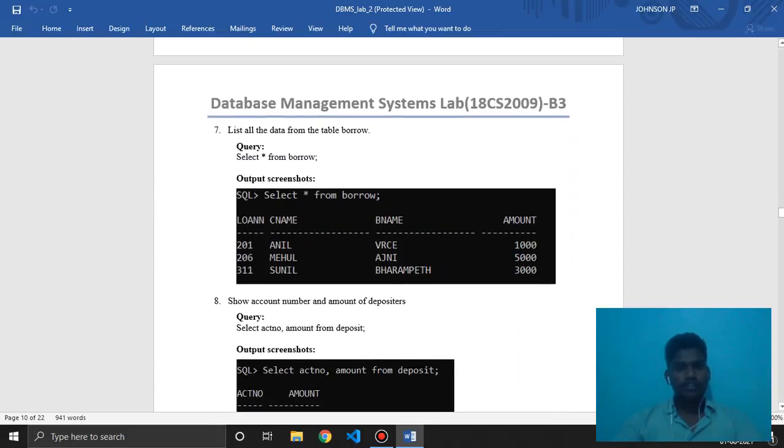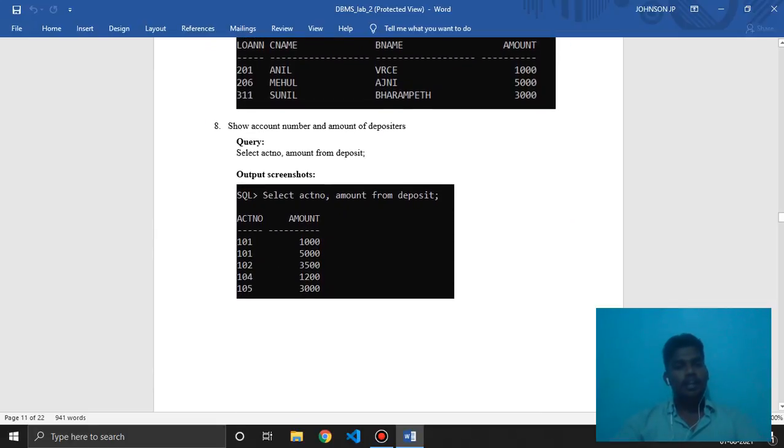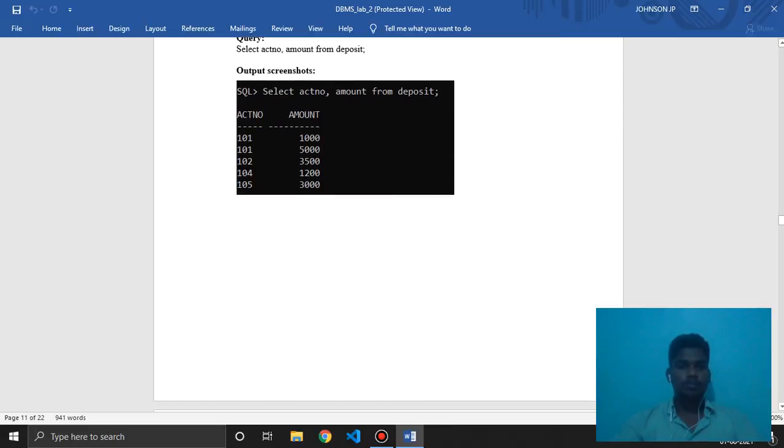Then I select all from borrow. In the same way we select only account number and amount of depositor: SELECT account number and amount FROM the deposit table, so it shows the account number and amount.